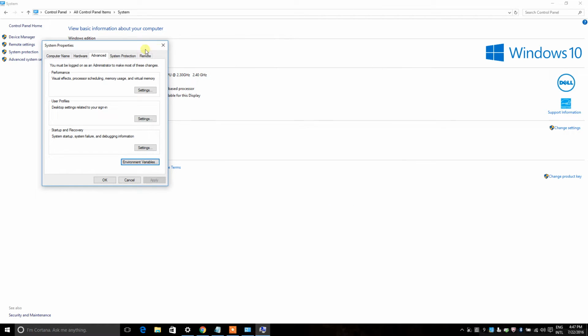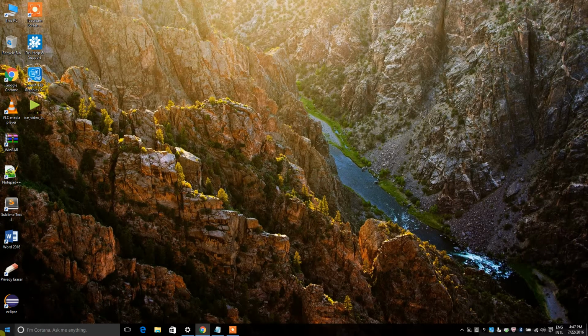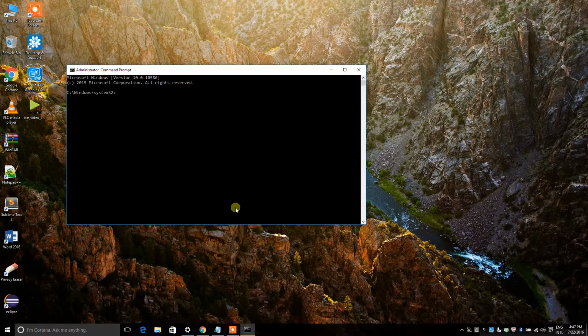Or else, if you want to do it by using command prompt, go to command prompt and type set path equal to, then a semicolon, and just right click here and paste, and complete. And if you want to check whether it's properly installed or not, type javac.